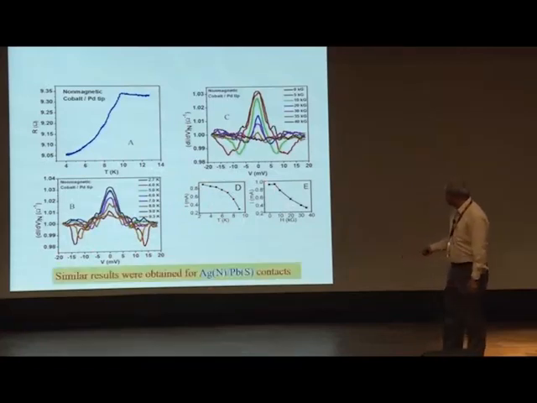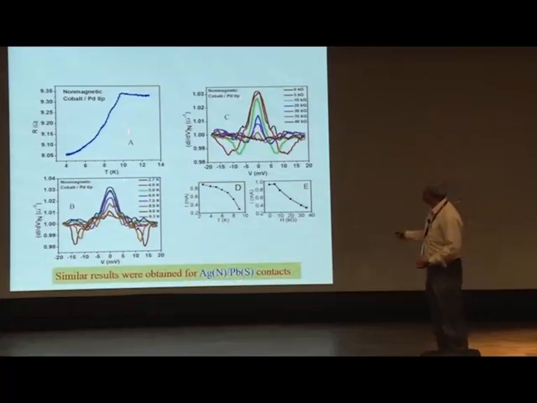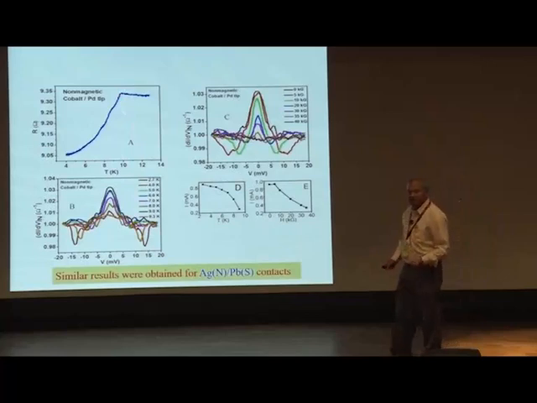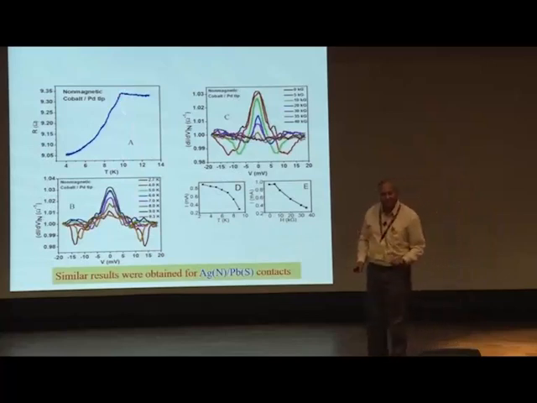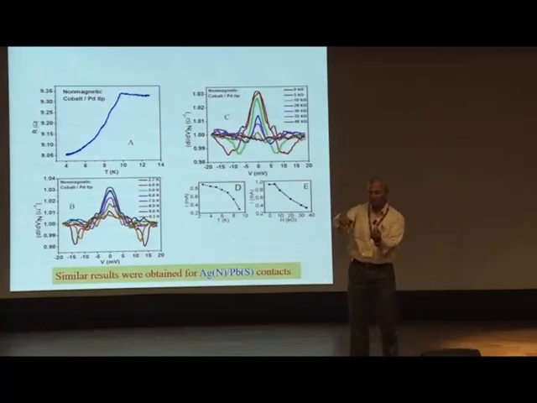Similar results are obtained for silver and lead contacts. Silver is a normal metal and lead is superconducting, so they also showed similar results. But you notice that here we have a transition at 9.8 Kelvin, while the earlier one I showed was 9.2 Kelvin. When you make two contacts at two different places on the sample, the contact sizes may also be different depending on the pressure. So when you have a non-uniform sample, you can expect these variations.